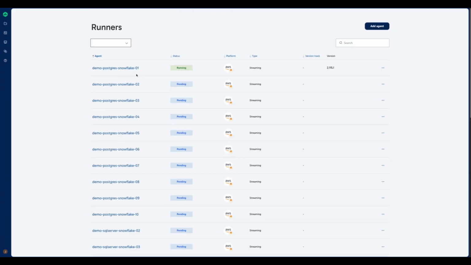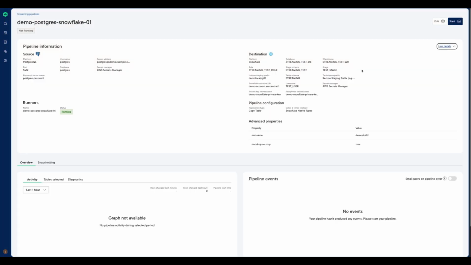Looking at the Postgres 01 pipeline, we can see the runner is running and all configurations were set correctly and runners are running. That covers the basics of creating, updating, and deleting operations for pipelines and runners